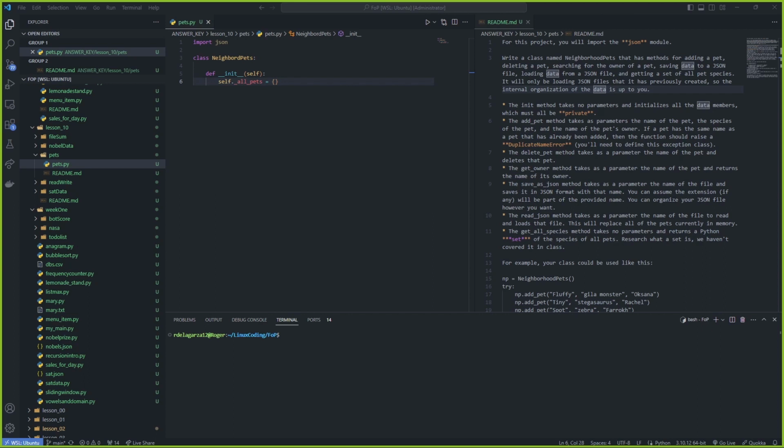Now, a neighborhood probably isn't that big, so a list might actually work in this situation. But good practice might be just using a dictionary instead, in the event that whatever our problem was working with was bigger than something as simple as a neighborhood. So we'll start off with a dictionary. We'll leave it empty for now. Next method is going to be adding a pet method. Let me get